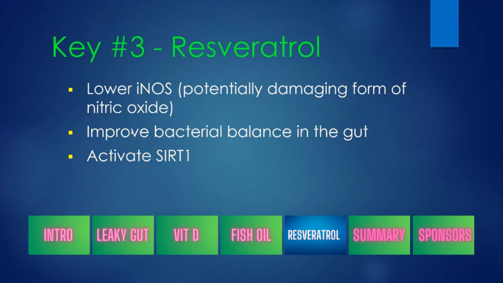Now, it's really interesting. Again, pleiotropic, many different physiological pathways affected here. But for one thing, it helps to lower something called iNOS, or inducible nitric oxide synthase. It is a form of nitric oxide. You may have heard the word nitric oxide before. There are three different types of nitric oxide. There's this type, which, when it's high, tends to cause tissue damage. Okay, iNOS. And when we lower iNOS, the inducible nitric oxide synthase, it helps to diminish tissue destruction.